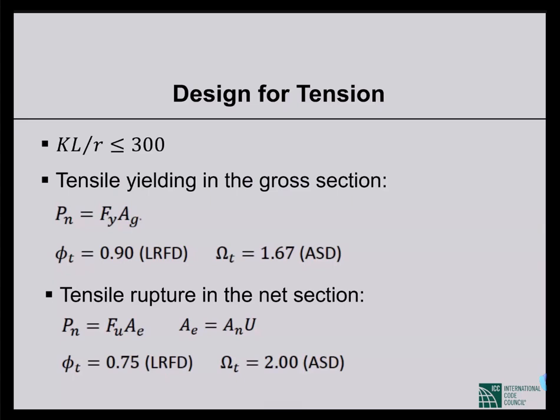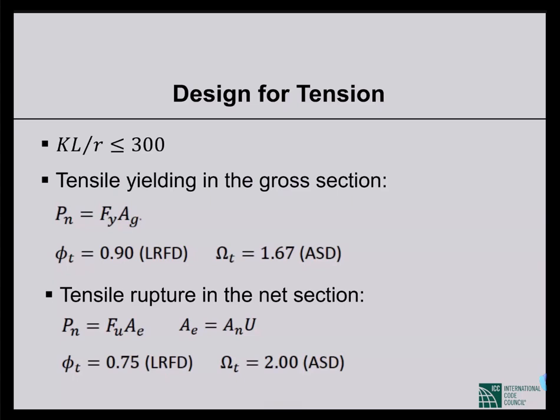For tension members, that is the members that are supposed to be subjected to only tension, like anything hanging from a rod or something like that, still for those members, we have to design in such a way that the slenderness ratio must be less than 300. The slenderness ratio can never be more than 300. Otherwise, we have to increase the size of the section.